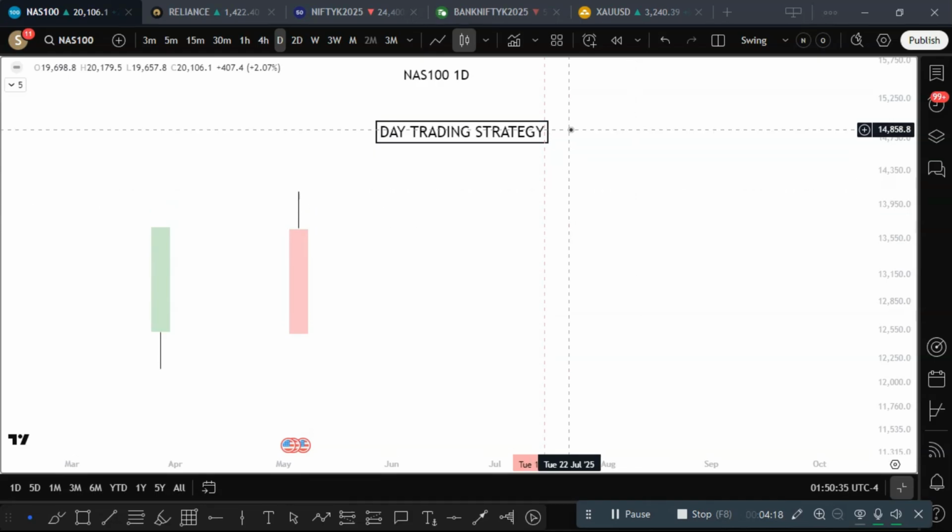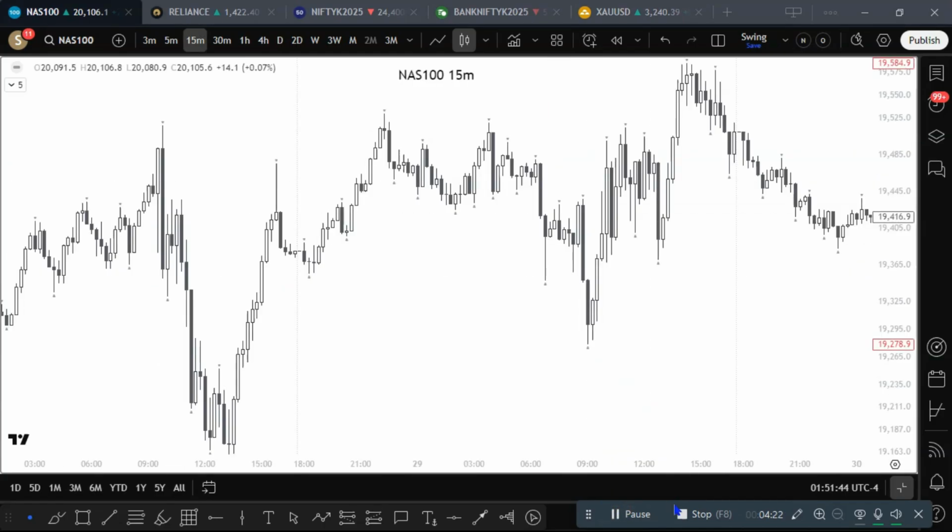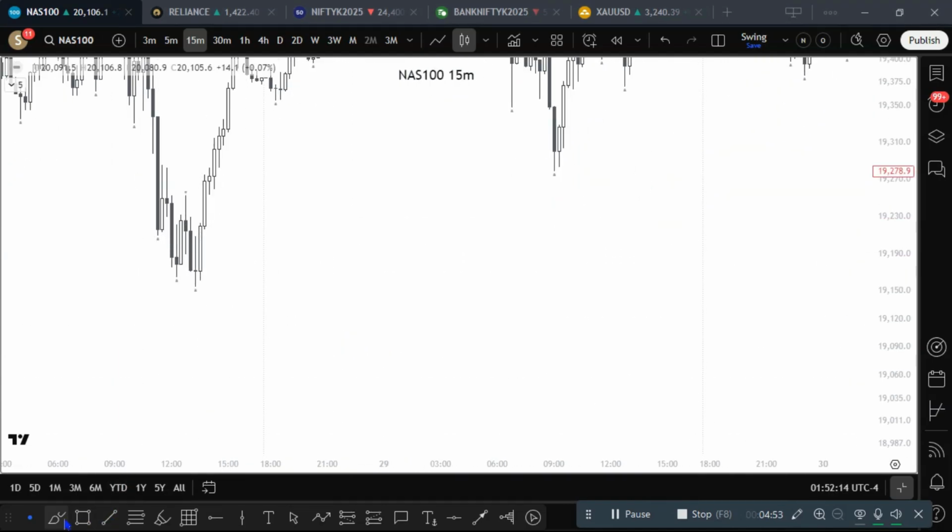Alright, so let me show you some examples on the chart so you will get complete clarity. So here is example number 1. The time frames we are going to use in this strategy are 15 minute and 5 minute. 15 minute to understand the trend for our bias, and 5 minute for our entry. However, we do not need any kind of bias for this strategy. We simply need two conditions. Condition number one,